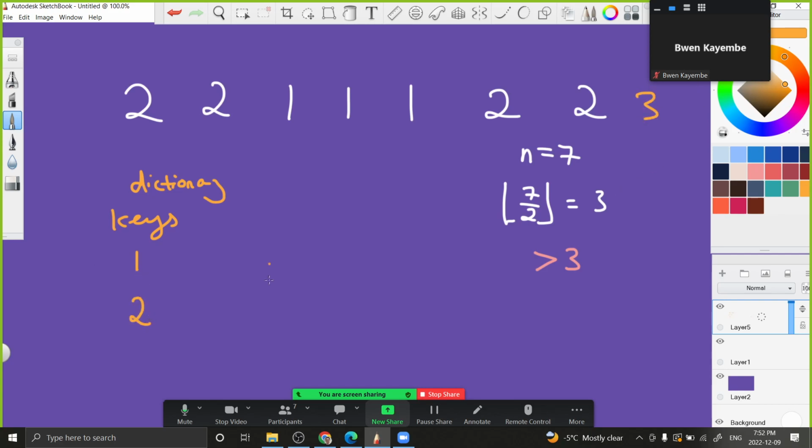If you have 3, then you add 3 in here, but in this case, the values would be the number of occurrences. So number 2 occurs 4 times, and number 1 occurs 3 times. And then I look through each key, which one has a value that is more than 3. Well, obviously number 2, so you have to return the